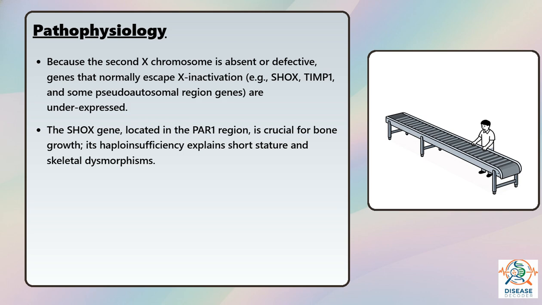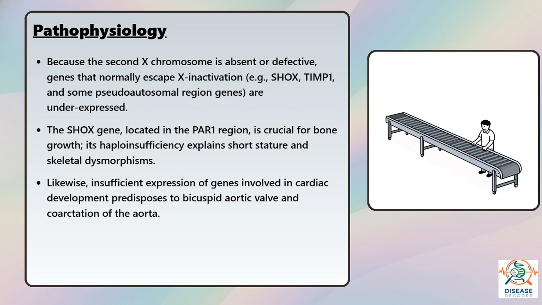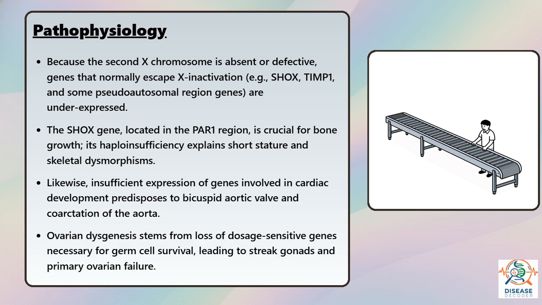Its haploinsufficiency explains short stature and skeletal dysmorphisms. Likewise, insufficient expression of genes involved in cardiac development predisposes to bicuspid aortic valve and coarctation of the aorta. Ovarian dysgenesis stems from loss of dosage-sensitive genes necessary for germ cell survival, leading to streak gonads and primary ovarian